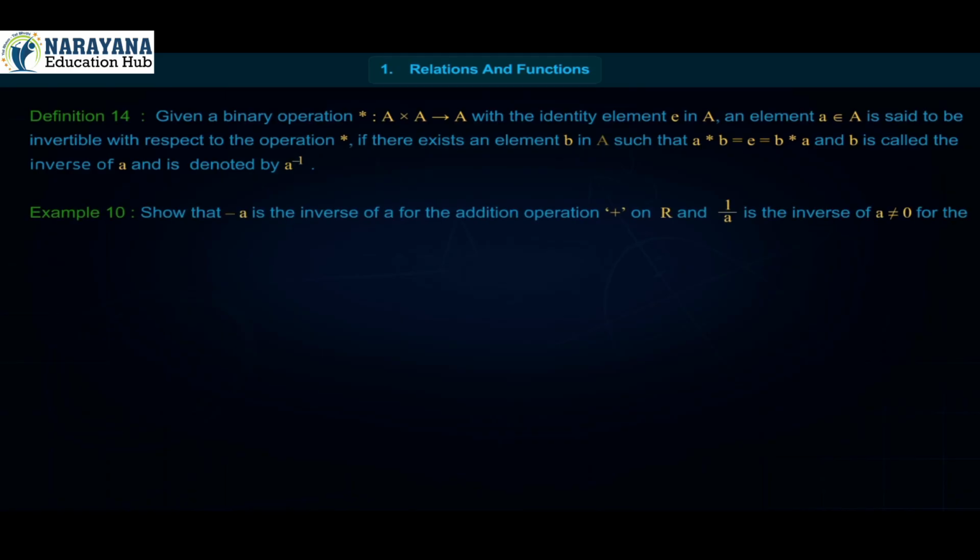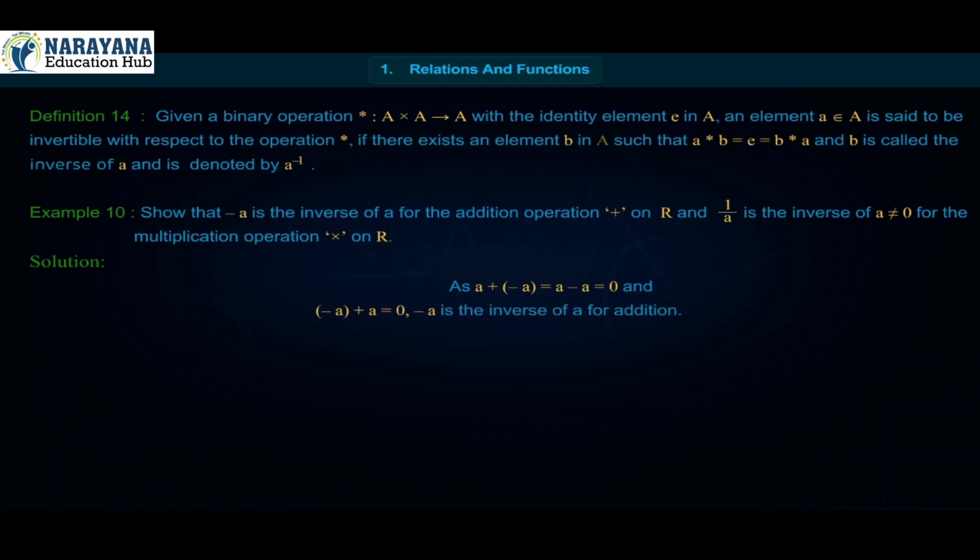Example 10. Show that −a is the inverse of a for the addition operation plus on R, and 1/a is the inverse of a not equal to 0 for the multiplication operation cross on R. Solution: as a + (−a) = a − a = 0 and −a + a = 0,